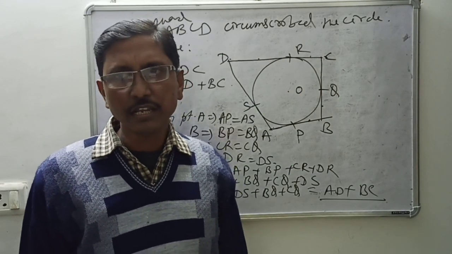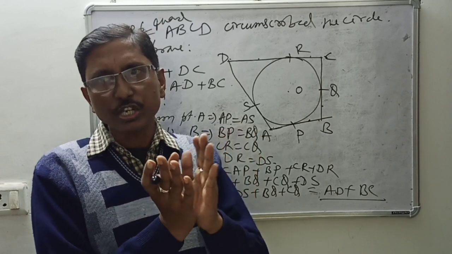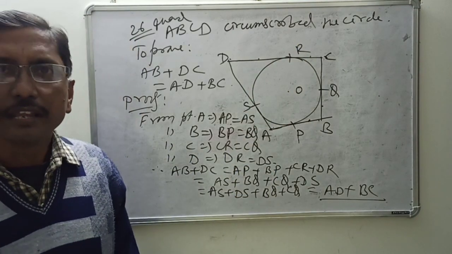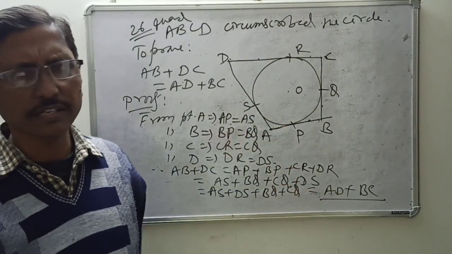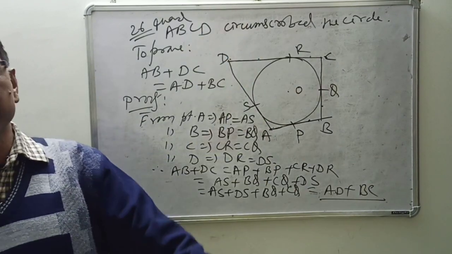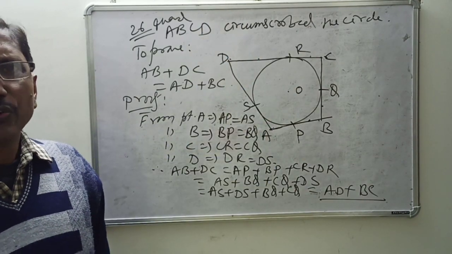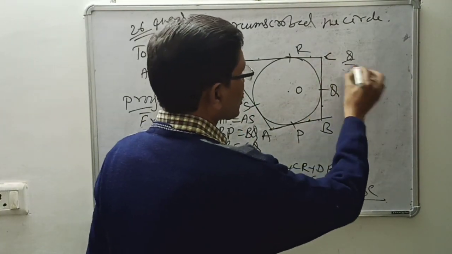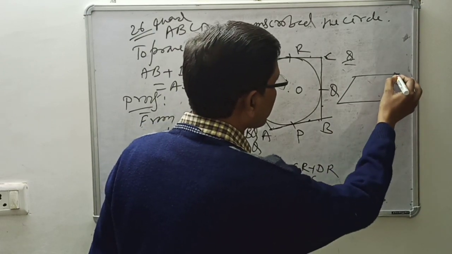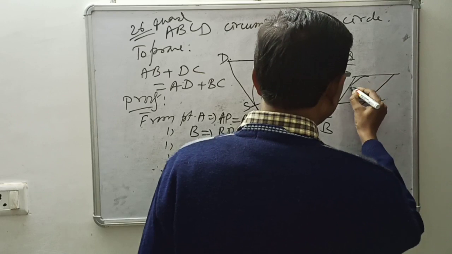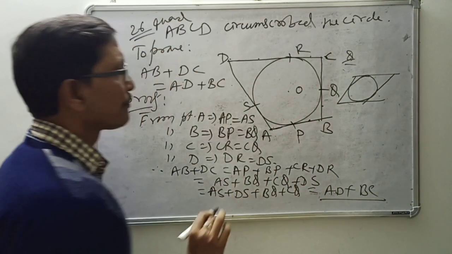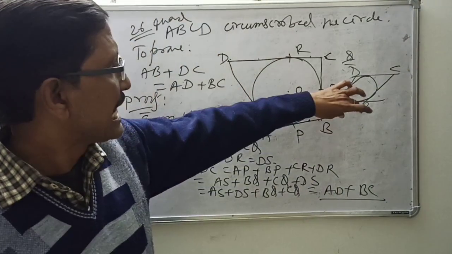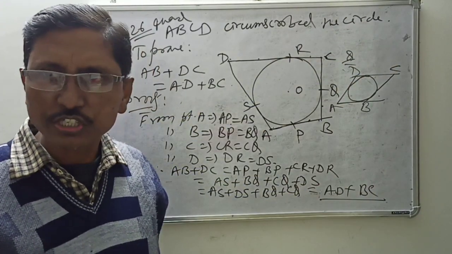So for that circle, if you have the tangents, you can use that the sum of the opposite sides are equal. Using these properties, if that quadrilateral is a parallelogram, we can prove that it will be a rhombus. Suppose the circumscribing quadrilateral becomes a parallelogram, then we can prove that it will be a rhombus. Suppose you have AB plus DC equal to AD plus BC, like that process you can prove.